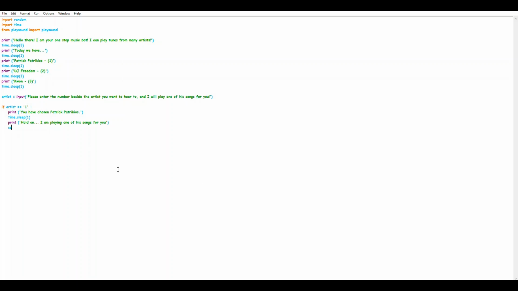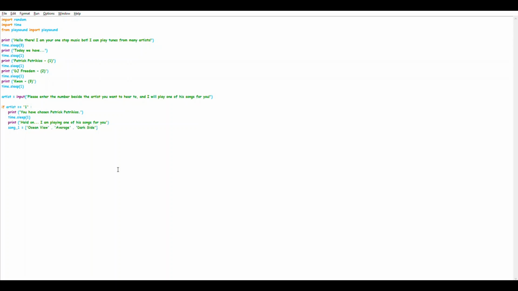So I will name this song1 is equal to, in square brackets I'm going to put Ocean View in quotes, comma, again in quotes Average, comma, and we have Dark Side, and close the square brackets.